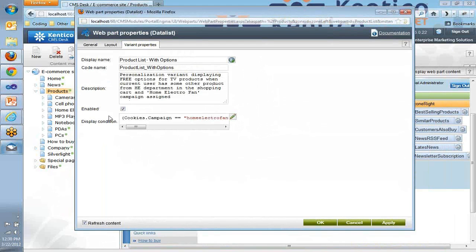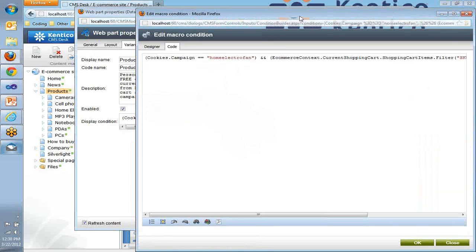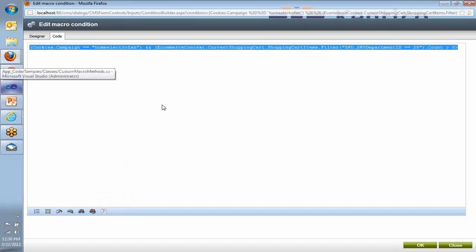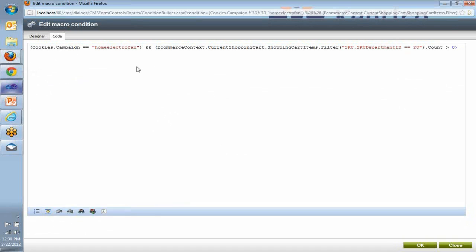So if you enable that variant, the display condition is evaluated whenever the page or element is displayed on the page to find out what variant should be used. If we take a look at the variant condition, you can notice two things. The first one is that I'm accessing the cookie information through the data macro. With the previous version, it's something that you couldn't easily achieve. With the latest version, a new macro engine, I can simply use the type of the objects as an object,